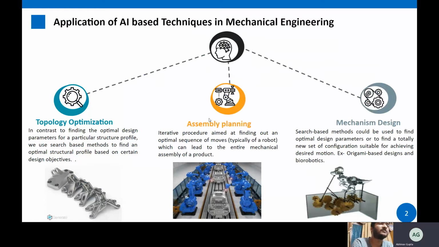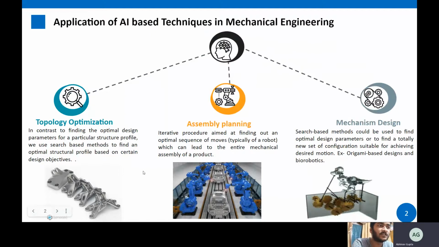Now let's look at the application of AI-based techniques in mechanical engineering. The first domain of application is topological optimization. In topological optimization, in contrast to finding the optimal design parameters for a particular structure profile, we use search-based methods to find an optimal structural profile based on certain design objectives. As you can see in the figure, we are not altering the different design parameters, we are altering the